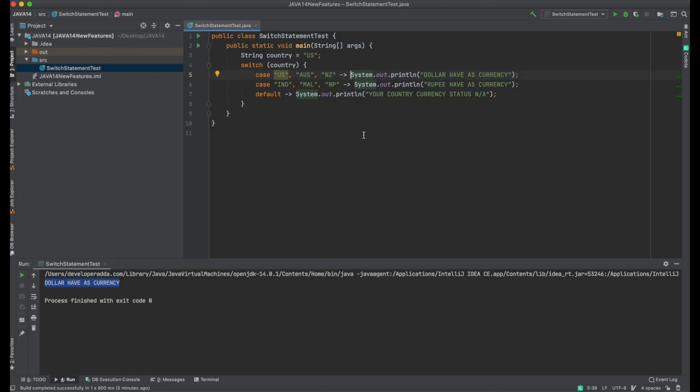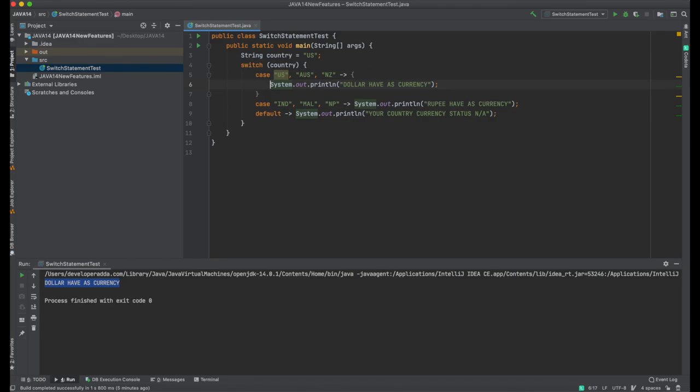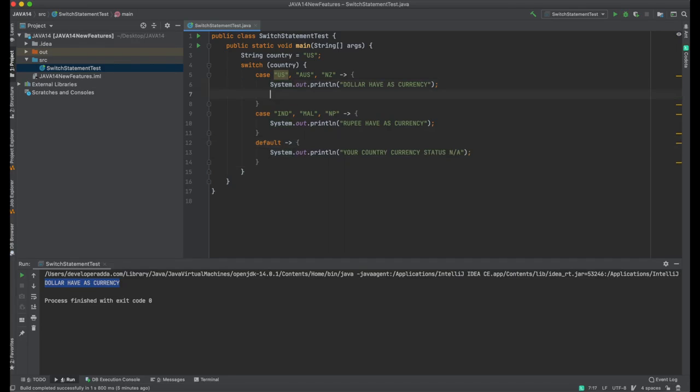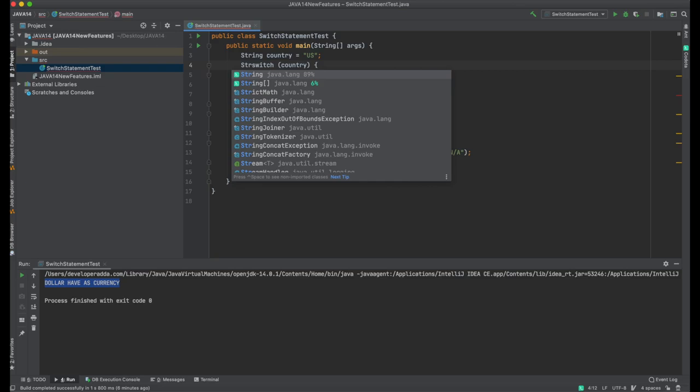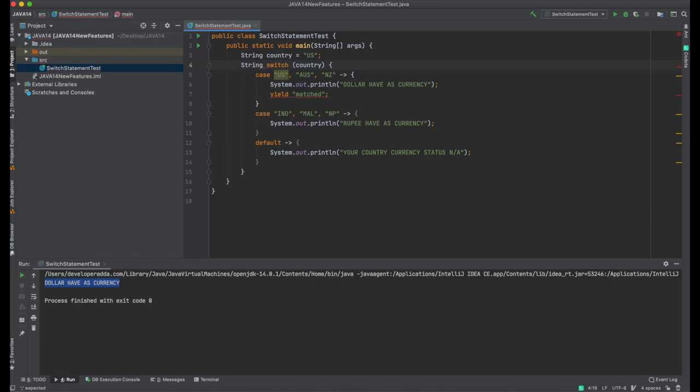In this example, we will see how to use yield to return a value from an expression. Before that, let me refactor the code. Now I am writing yield matched. I am returning a value. I have to assign it to a variable, so I am writing String result.